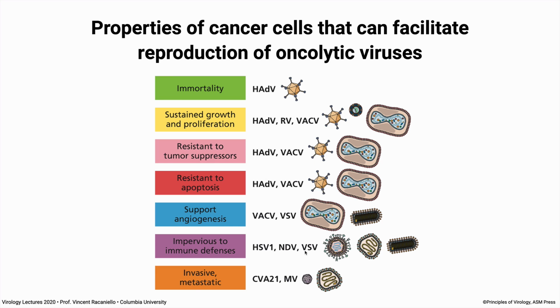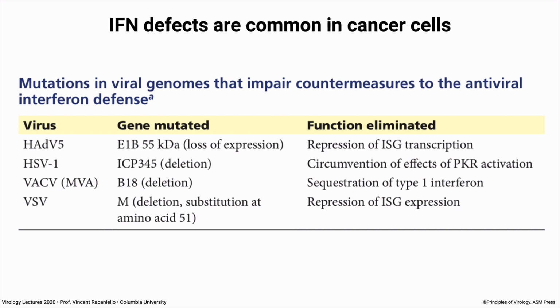Sometimes these are wild-type viruses. Sometimes they are modified to reproduce more efficiently in cancer cells with particular hallmarks. All right, so we say, okay, this cell is invasive or metastatic. How do we design the virus to particularly infect that? So we know this because of careful study of the properties of the cancers. It turns out that